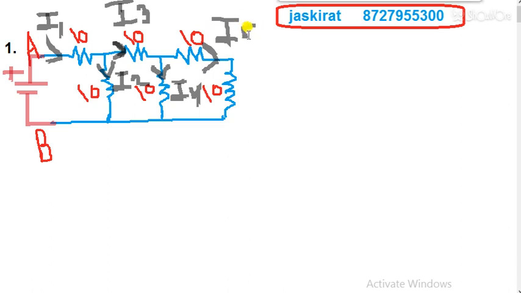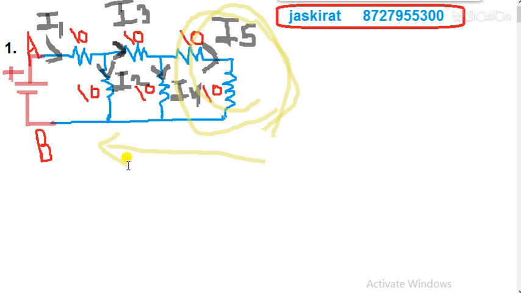So students, whenever this type of question appears, solve the question from the end. You have to start from here. Whenever this type of question appears, you have to solve it from the ending. From the end you have to move toward the battery, right to left. You can say right to left. You have to solve it.